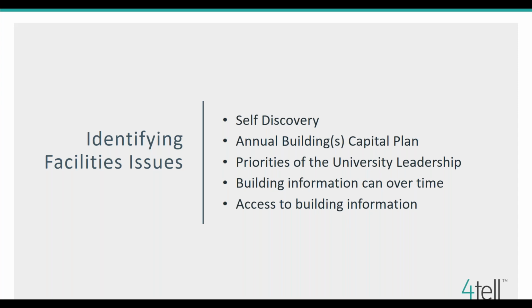Also, as many of you have probably experienced, leadership priorities can change from time to time. You've been given one direction to maintain or do things a certain way, and then over time a different philosophical view appears, or the key performance indexes you're trying to meet change, and it can move some of the items you've identified in the building down or up, depending on the issue. Over time, depending on how you're managing that internally, it can create problems in certain buildings, and it can be tricky at times meeting the priority of the building but also the expectation of the leadership and what they're looking to do. It's one that we all struggle with.